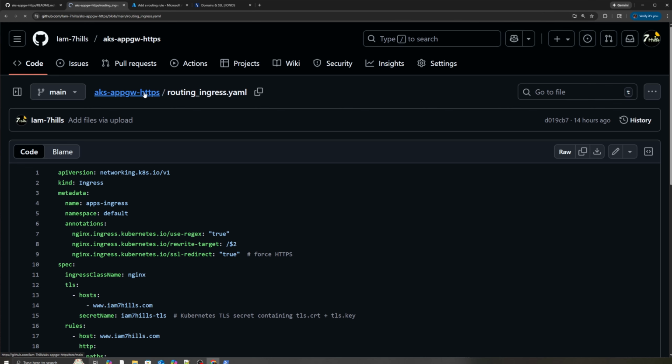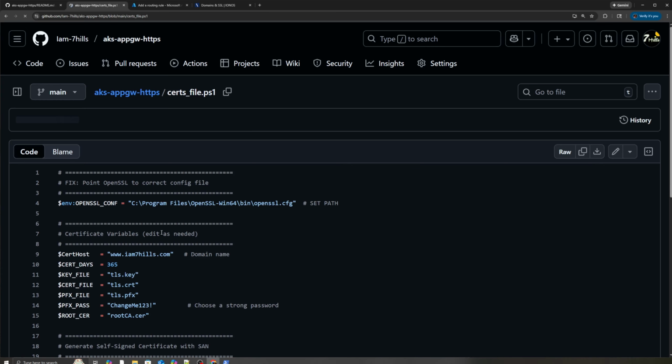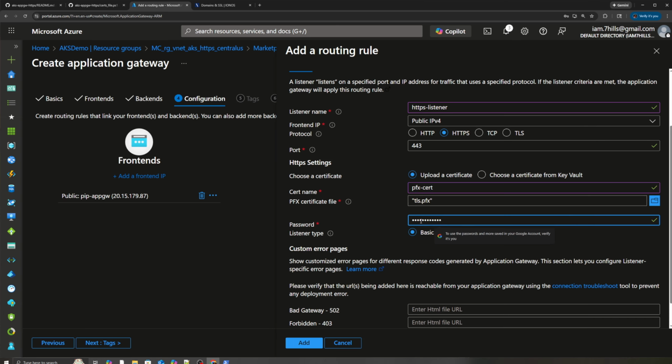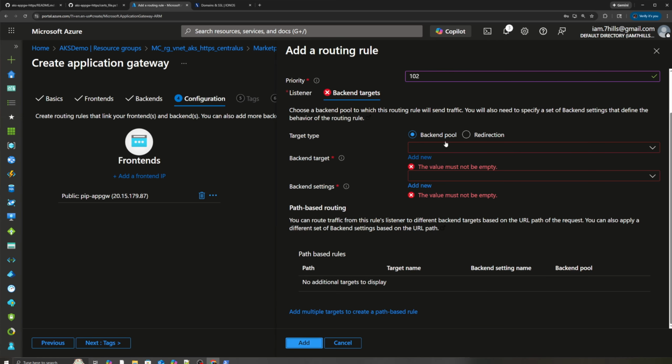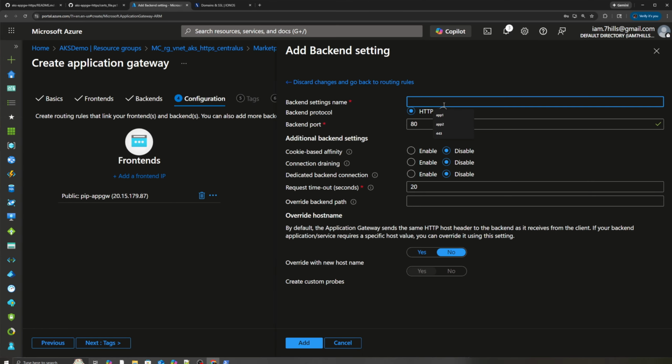Okay, in real time, don't keep a password like what I created here. Keep it something very strong and don't expose it in your code. I copied the password just for everyone to understand. I just follow this and put your password here. Okay, and click add. Once you add, you need to update the backend. So here you can select the one already there. Click add new and